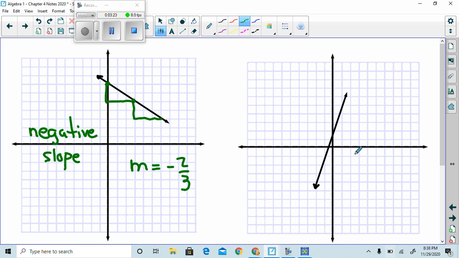Taking a look at a third example of calculating slope given the graph of the line, we'll pick a point where the lines cross or intersect. Then we're going to count up 1, 2, 3, and over 1. This is a 3 over 1 ratio, and so my slope is equal to 3. And we can do many more examples, but just to get a sense of how you can calculate slope from a graph,